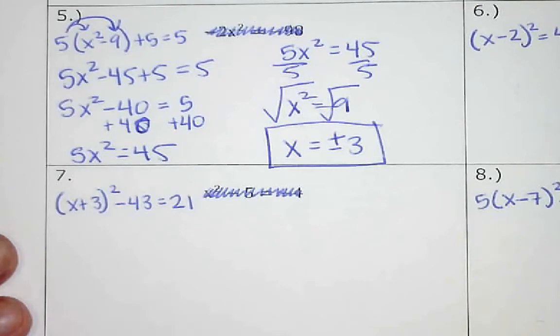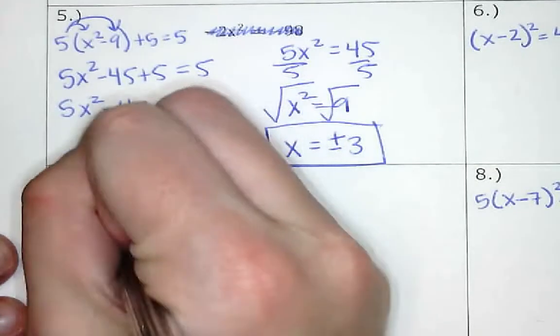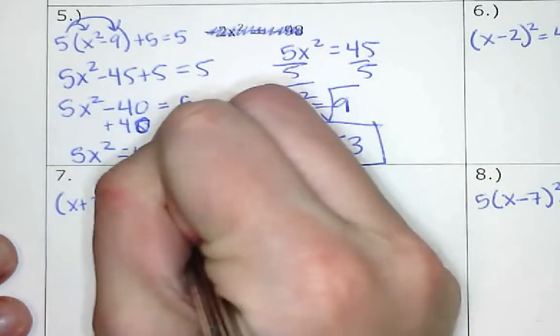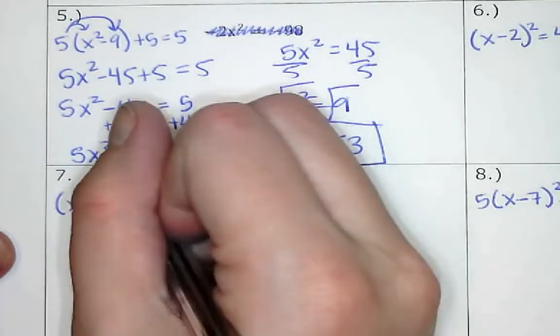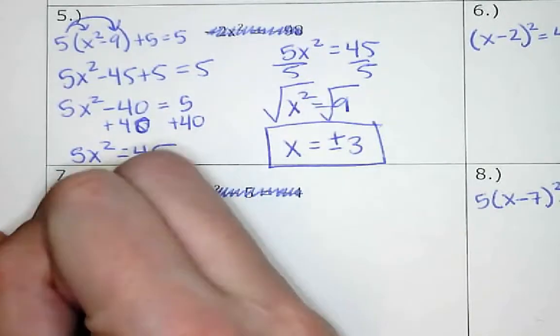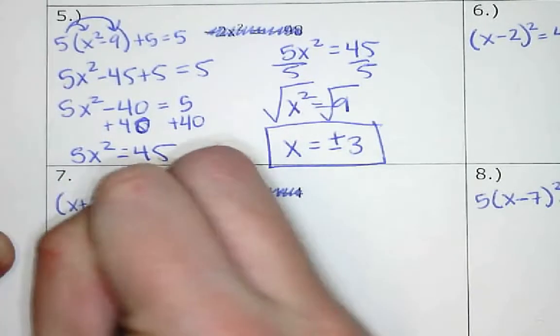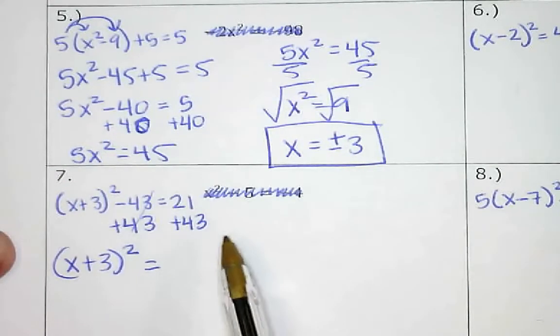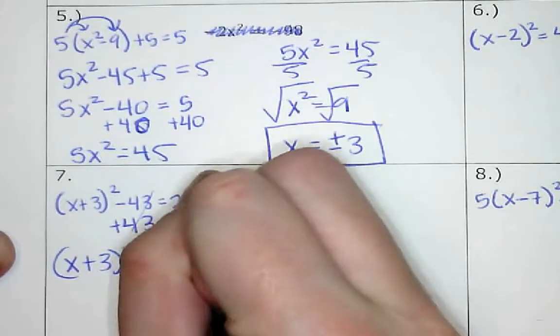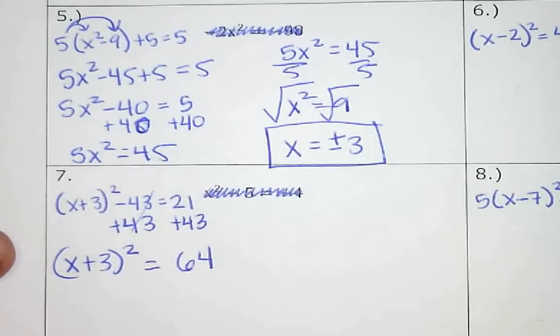So the first thing I want to do is add 43 to both sides. Are y'all okay with that? And that is going to leave us with x plus 3 squared is equal to 21 plus 43, that is 64. Okay, now that we have x plus 3 squared equals 64,